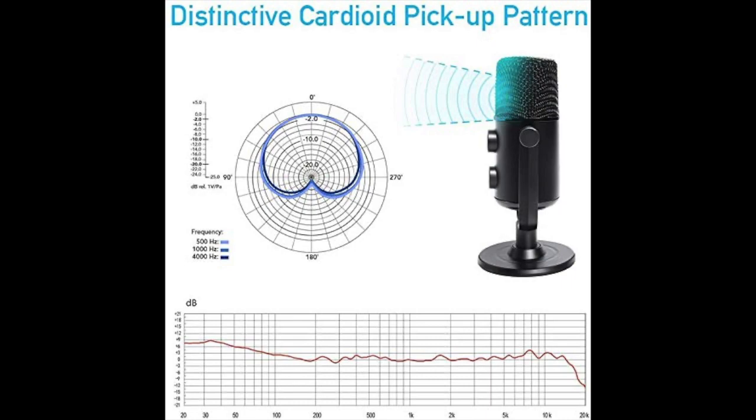If we look at the frequency response chart, we can see the horizontal numbers in a microphone frequency response chart indicate frequencies. In our case, it's 20 Hz to 20 kHz, and the vertical numbers represent relative output level in decibels. As you can look at the frequency chart, you can tell how this microphone performs at certain frequencies.